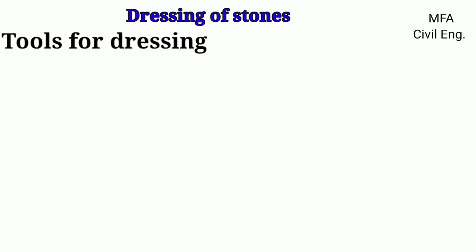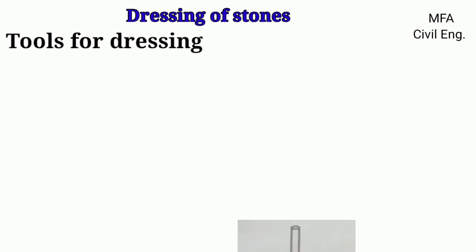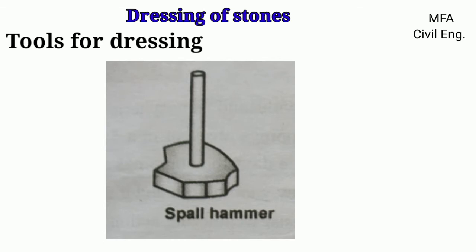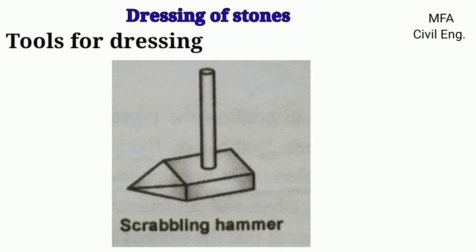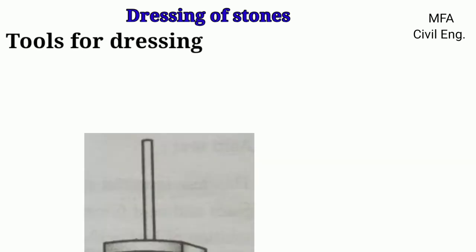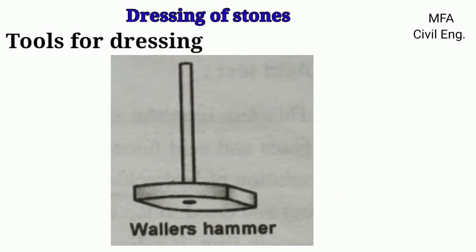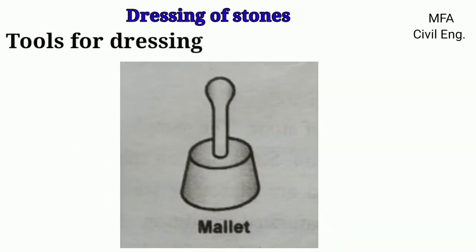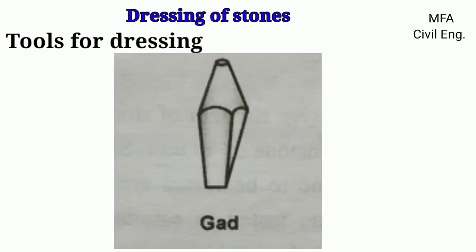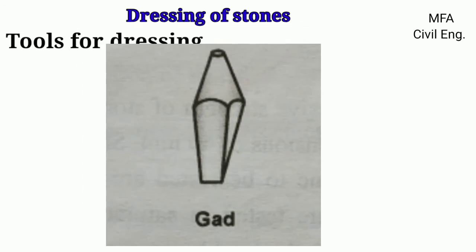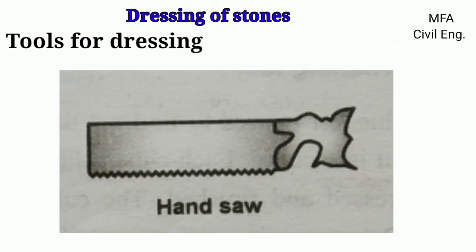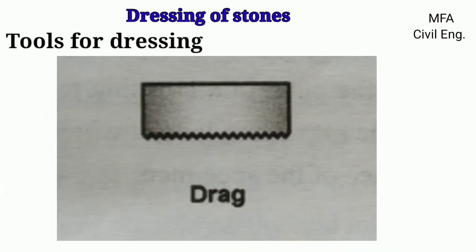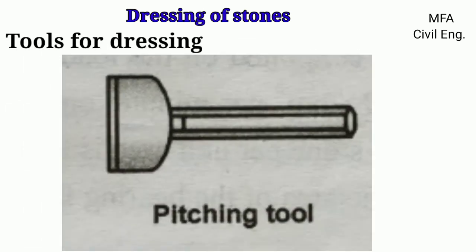The different tools used for the dressing of stones are: spall hammer, used for the rough dressing of stones; mesh hammer, used for rough dressing; scrabbling hammer, used for removing irregular bushing; waller hammer, used for removing spalls; mallet, used to strike mallet-headed chisels; gad, used to split stones; dummy, used to strike chisels for carving work; hand saw, used to cut soft stones; drag, used to give a drag finish;